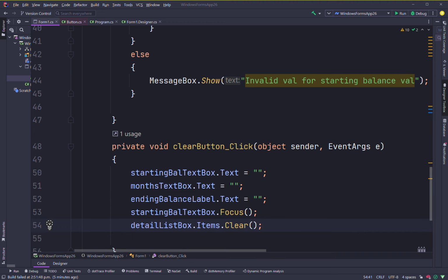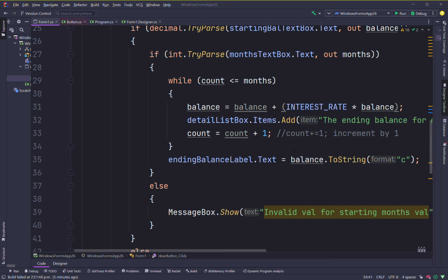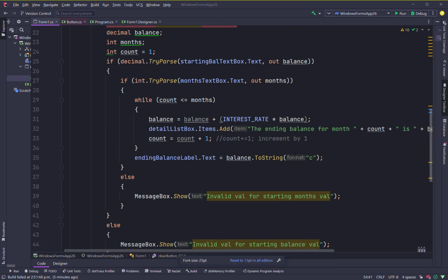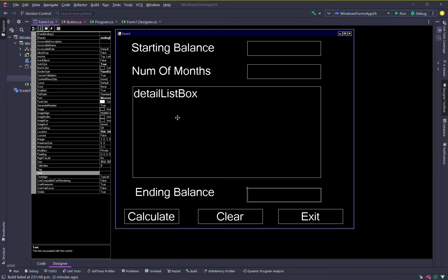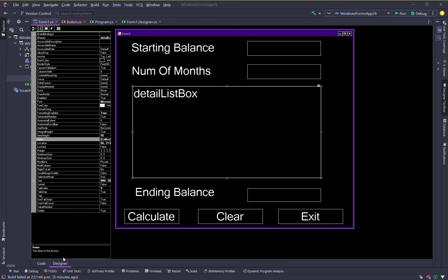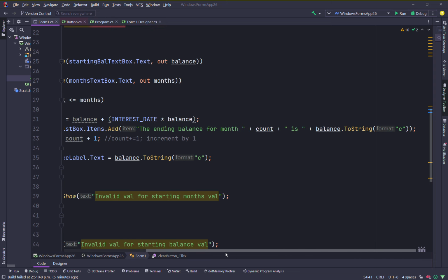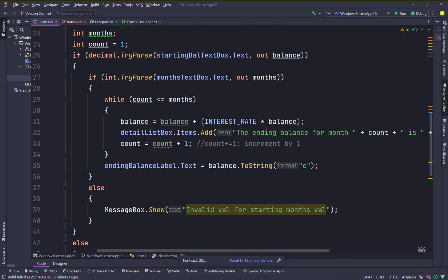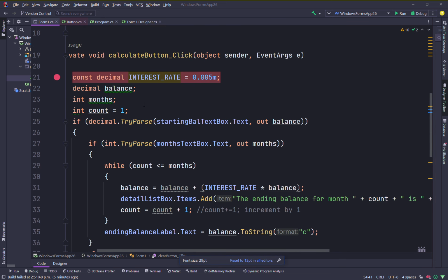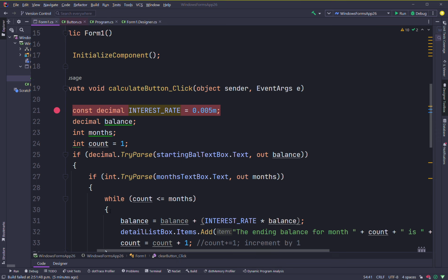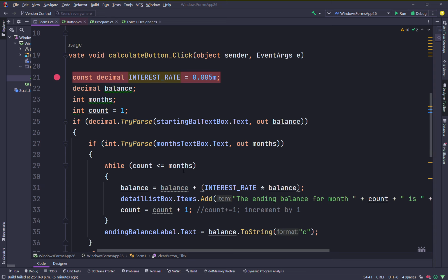And that's it. So what's happening here? Every time, it tells you the balance, so the list box updates its balance after every month iteration. So every iteration of this loop here, basically, the rest of the code you can see how that works in the previous video, but basically here, every time this loop iterates, well, count is less than or equal to months in that case,